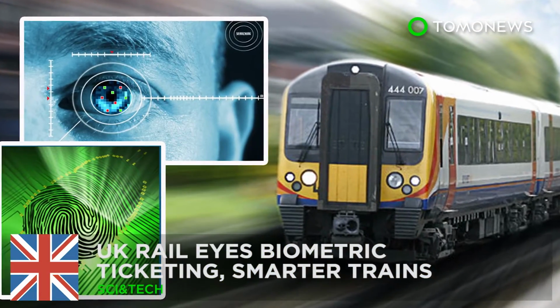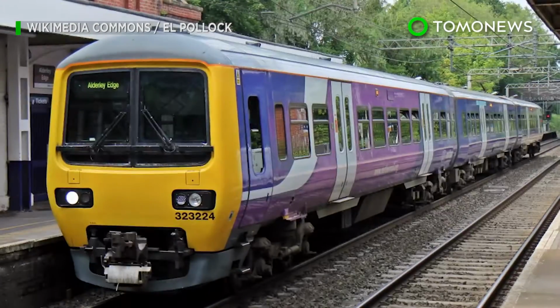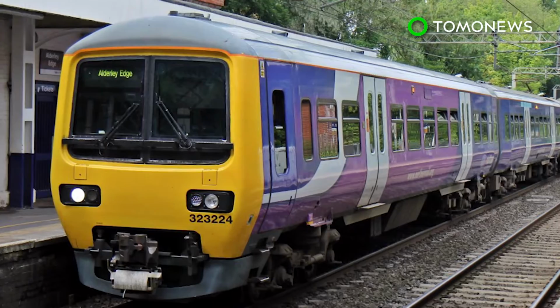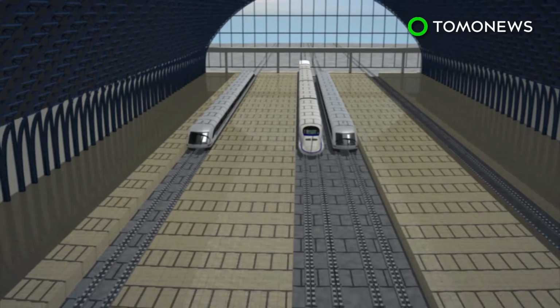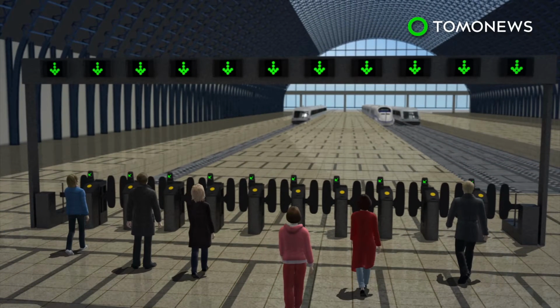British trains are getting a tech upgrade. One of Britain's biggest rail watchdogs has laid out plans for the future of train travel, opting for more tech to make commuting easy and fuss-free. Ticketing options for the UK rail system are currently limited to paper tickets and credit cards, but that could change